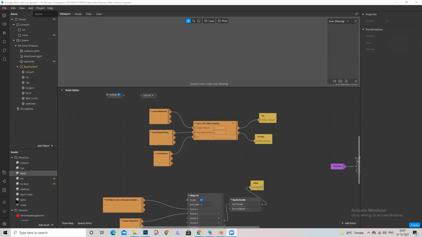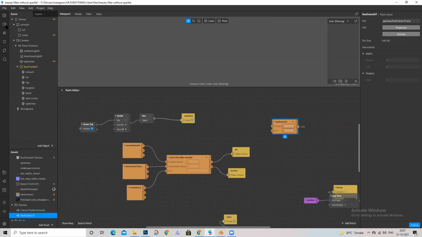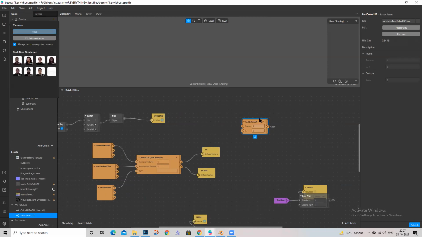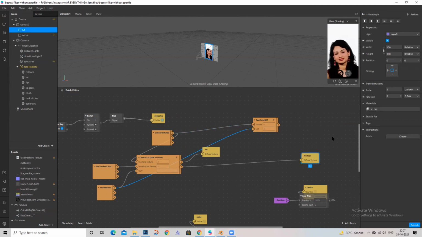Okay. So this is the fast color LUT that you used, right? Yes, ma'am. And in texture you used the camera texture, right? Yes. And in LUT you used the LUT texture. And in this you used the rectangle's material texture. Right.